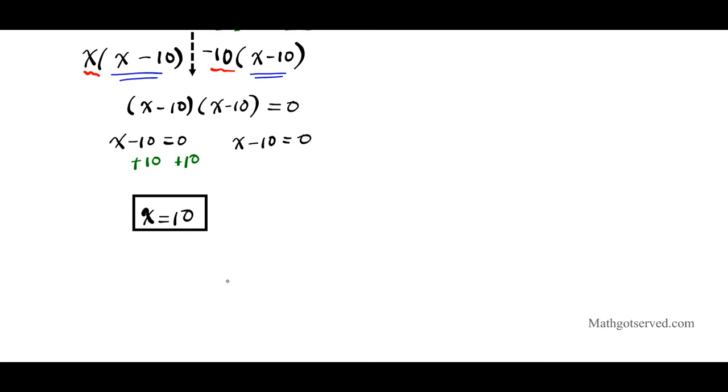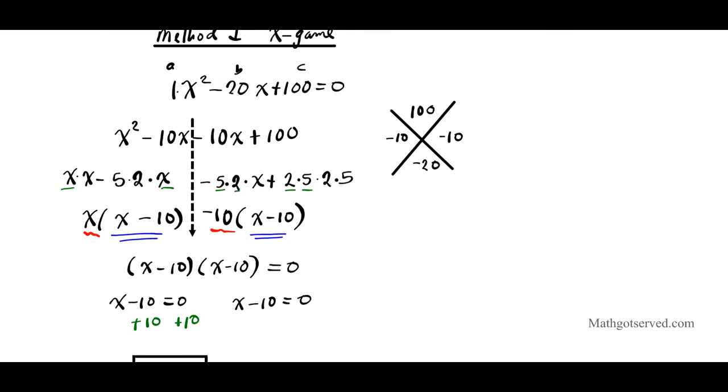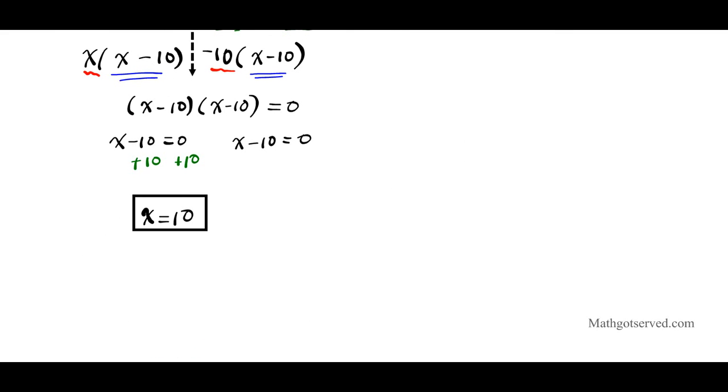Now, let's try using another method. Method 2, we're going to use the perfect square trinomial factorization. Okay? Method 2 is I'm going to call it PSC, perfect square trinomial factorization. All right. Now I'm going to start right off from the